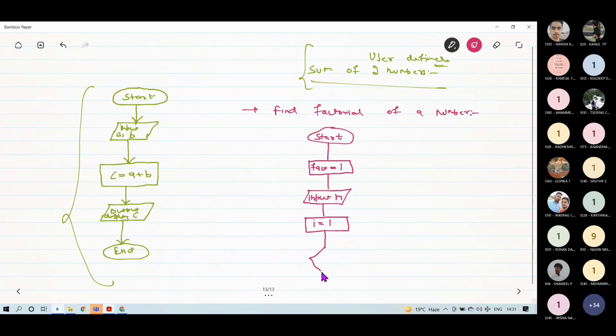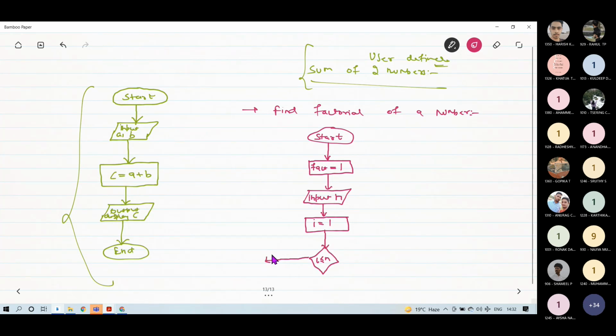Okay, we will go back to that, but let's say I have made a diamond here, and inside this diamond I have written i less than or equal to n. So this diamond will first check the value of i, whether it is less than or greater than n. There will be two conditions, whether i will be less than or equal to n or whether i will be greater than n. For both conditions, if this condition is false, I will make a flow line. Now this arrow will signify very much information.